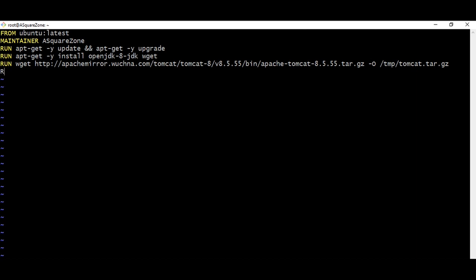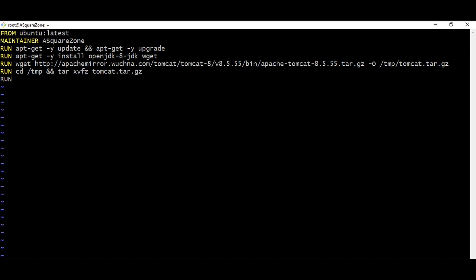And again I am going to run. As it is stored in the tmp directory, I am going to change the directory to tmp, and I am going to extract the tar file using the xvfz command, and I am going to give the tar file tomcat.tar.gz.